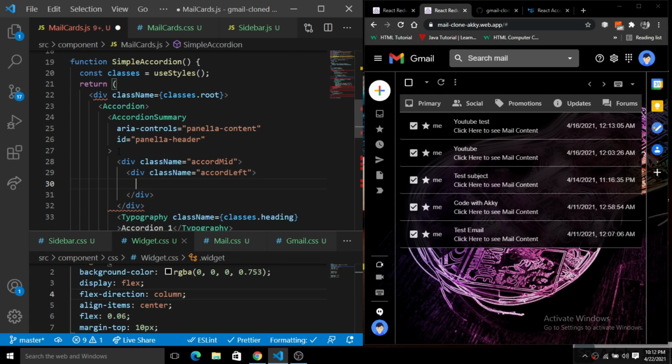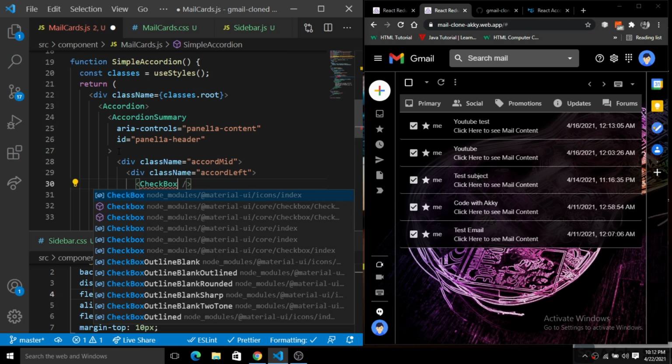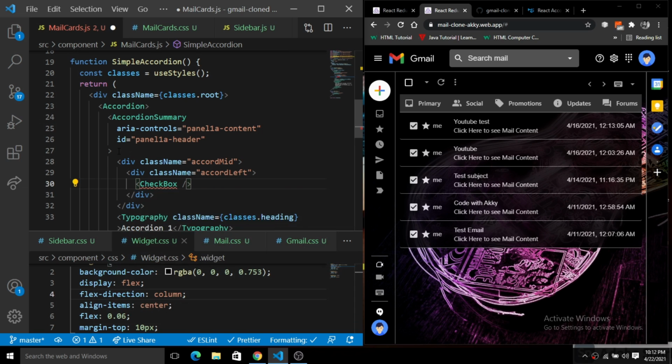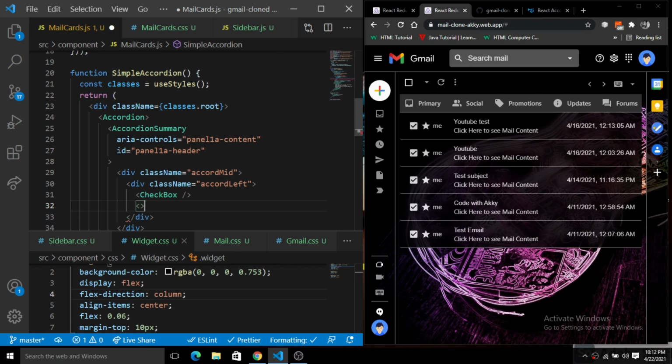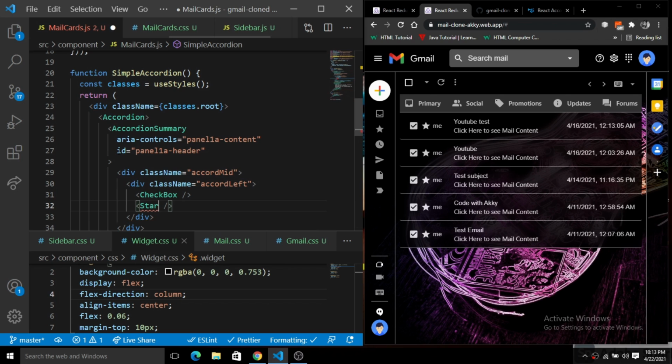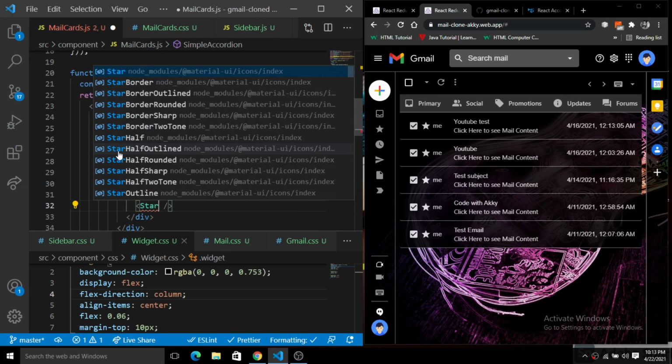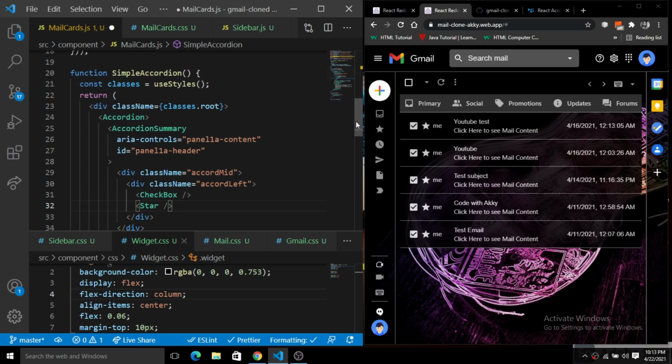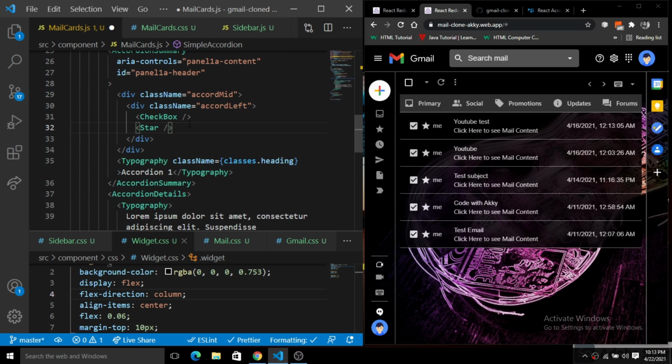Okay, so here we have this checkbox, so we will use the checkbox. Just import the checkbox here. Then next you can see we have a star, so we have this star icon. Just import it from the Material UI icons also. Okay, and the next is the username or the mail that has been sent by.